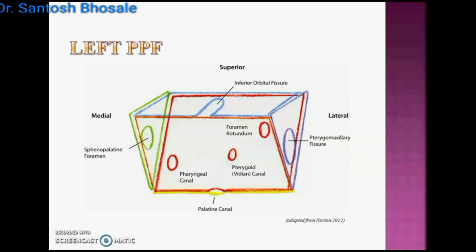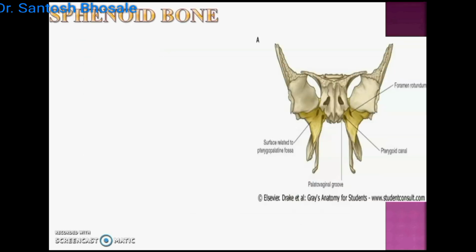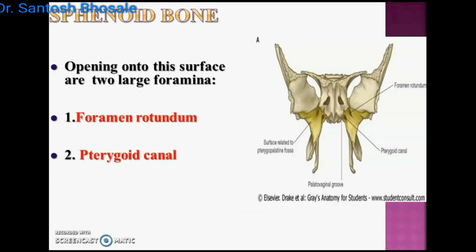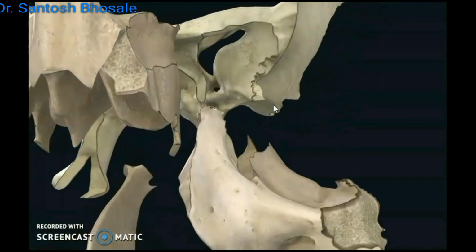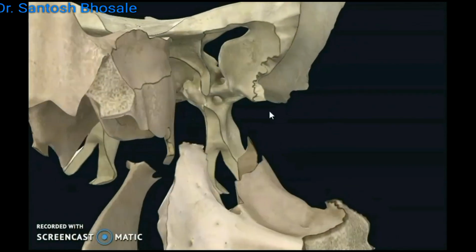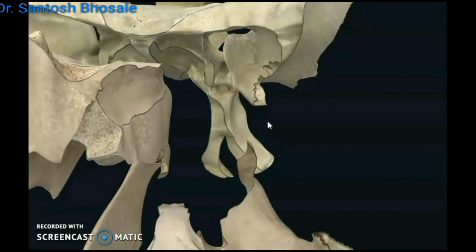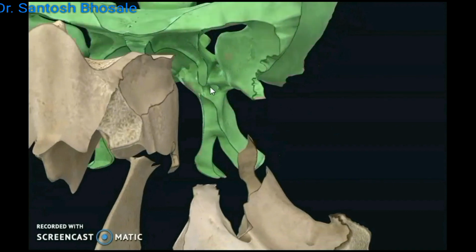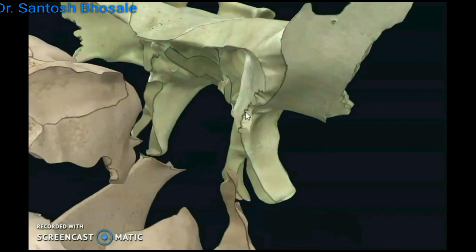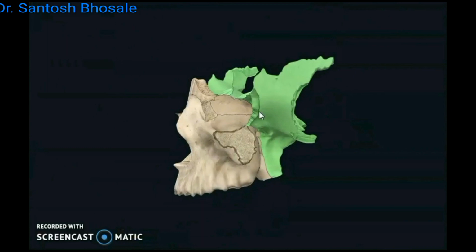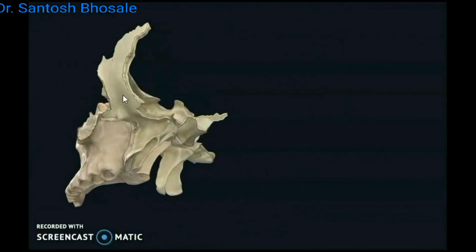The pharyngeal canal is also called the palatovaginal canal. You can see 2 openings in the sphenoid bone forming the roof or the posterior wall, because the sphenoid bone forms both the roof and the posterior wall of the pterygopalatine fossa. You can see here in the disarticulated skull the foramen rotundum, the sphenopalatine foramina, foramen rotundum, pterygoid canal. If you come this way, we will articulate again and see from the roof side.